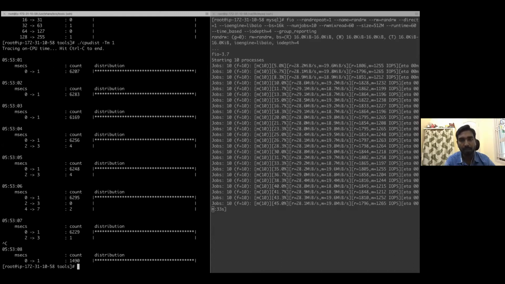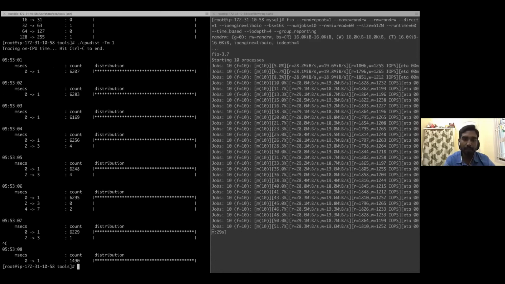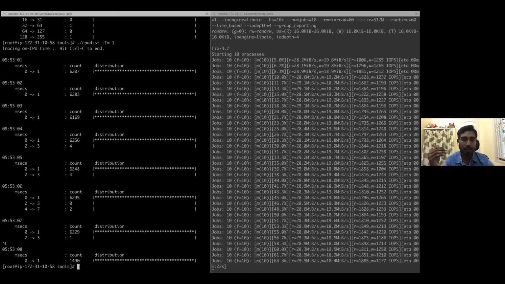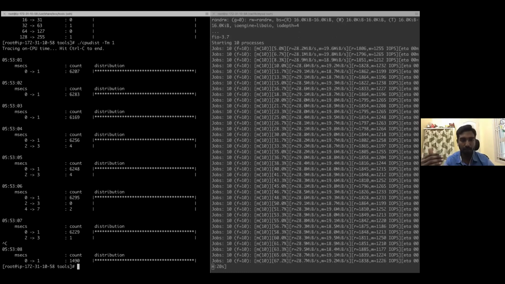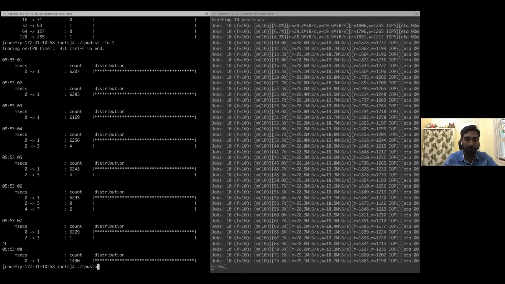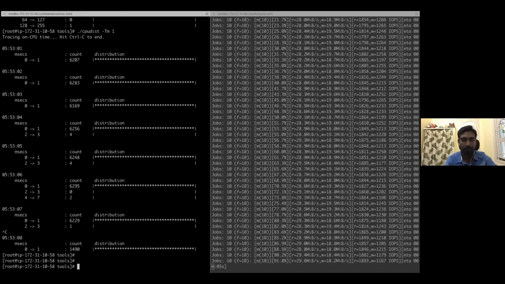That means our system is performing well. There is not much of a bottleneck with respect to CPU. When you see the count increasing at the next levels, that is 4 to 7 milliseconds or 8 to 15 milliseconds, that means there is a hog in your CPU and you can troubleshoot it. Just run with nanoseconds.